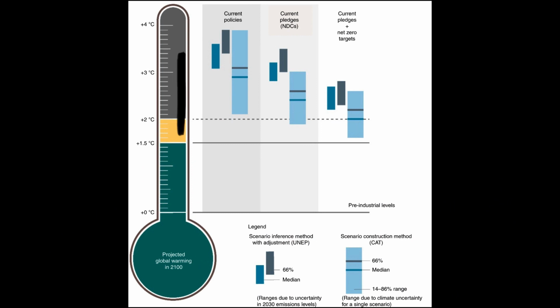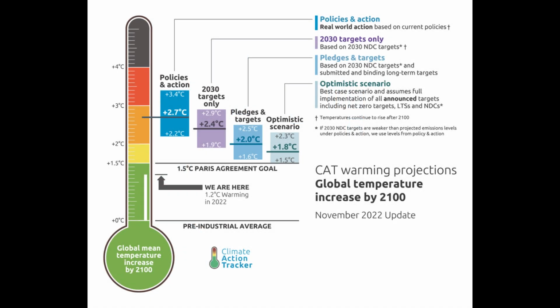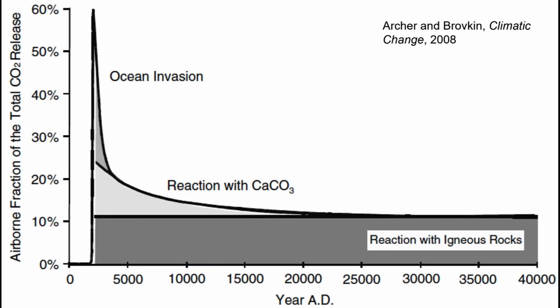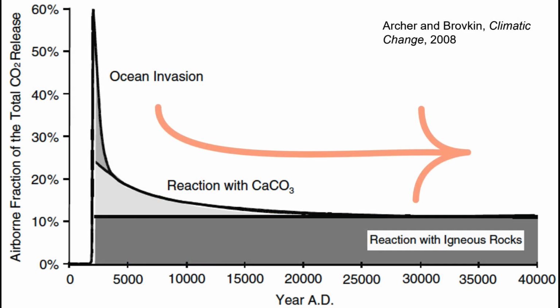200 countries made an agreement to try to keep global warming to below 1.5 degrees C compared to pre-industrial times. But we're more than 2/3 of the way to 1.5 C warming, and global greenhouse gas emissions are continuing to increase. As long as humans continue to burn fossil fuels, global temperatures will continue to rise. Even if we stopped emissions today, it would take centuries before atmospheric CO2 and temperature would really decrease due to